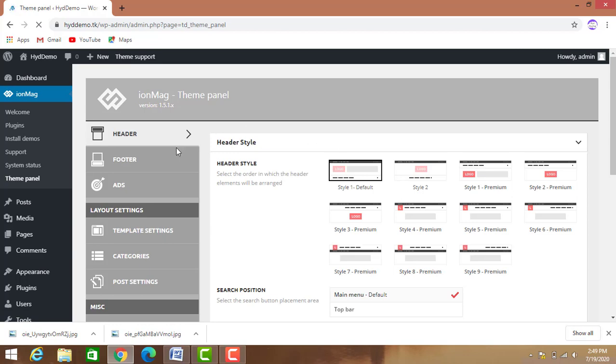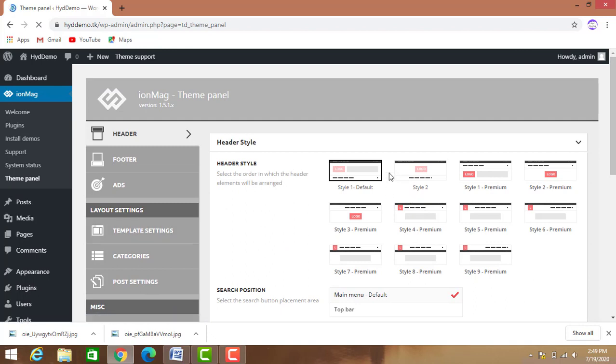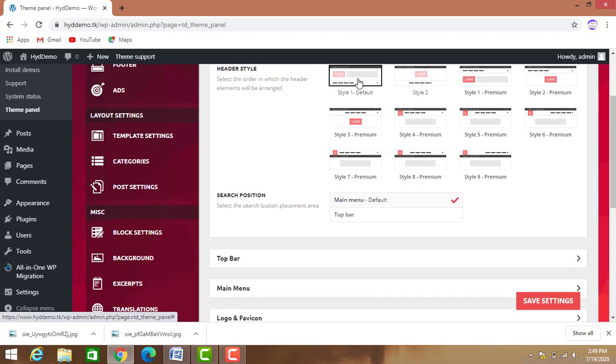From here we are able to change all these options in the theme. From here we can change the header, how it is looking. So you can play here, you can select one, look there how it is appearing. Like that you can select one, and visit the site page and look there, whichever looks right to you, you can select. I kept it as default.